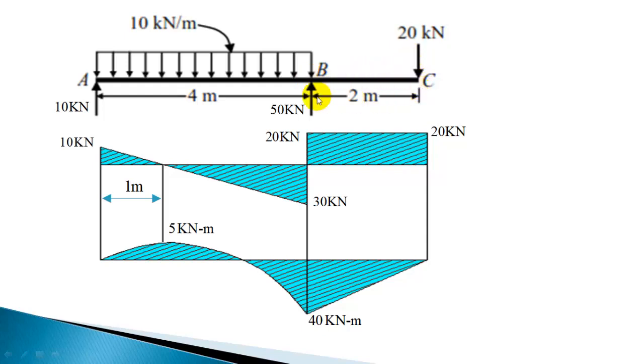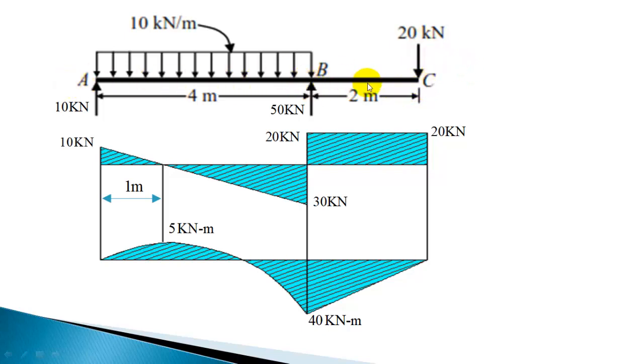It is 20 into 2, 40 kilonewton meter. So at B it's going to be 40 kilonewton meter. From the right side, 20 into 2, 40 kilonewton meter is the bending moment at B. Right side clockwise is negative, so that is a sign convention. When you have to find the solution quickly from the right side, you can check 20 into 2, 40